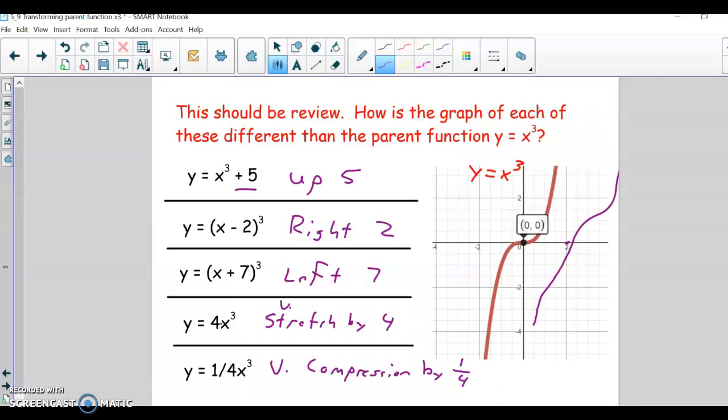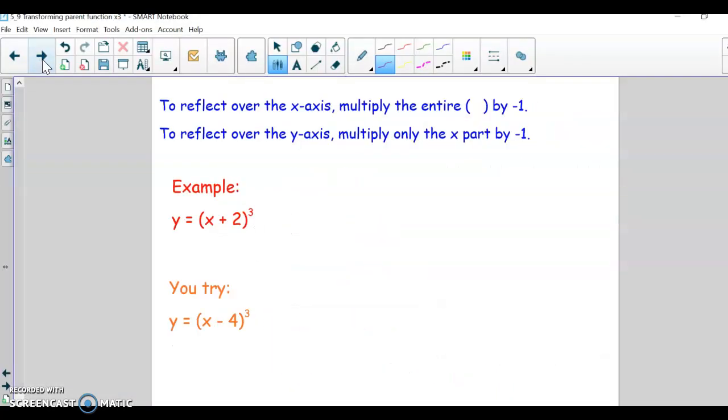Right? So the next thing maybe we'll do in notes is the reflection part. And so this is kind of the key. If you want to go over the x-axis, you take the whole thing times -1. And if you want to reflect over the y-axis, you multiply only the x part by -1. And so we're going to do a couple examples here if you want to make a little chart in your